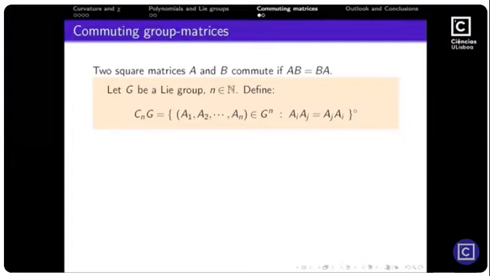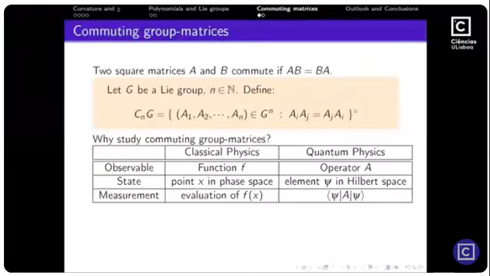So you can ask, but this is an algebraic variety actually. I was forgetting to say, but why? Because it's defined as the equation of the entry of the matrices in G. Okay, so this is an algebraic variety, and we can compute its other characteristics or try to compute its other characteristics. Why do we care about commuting group matrices?